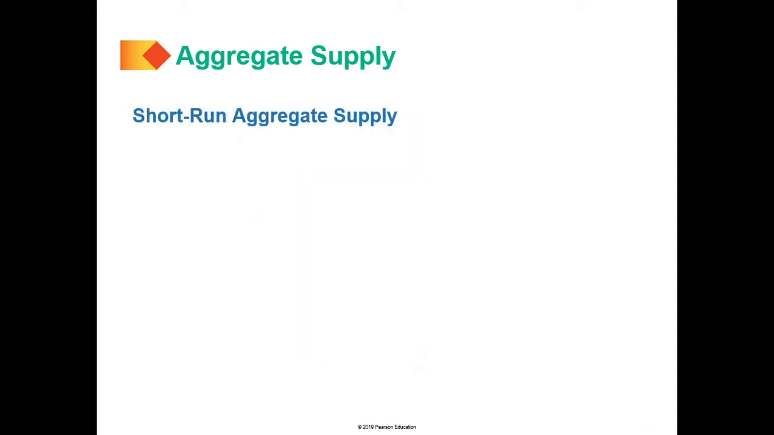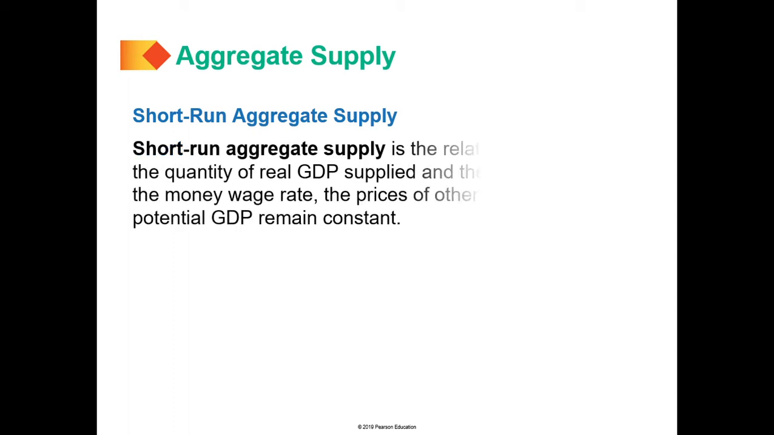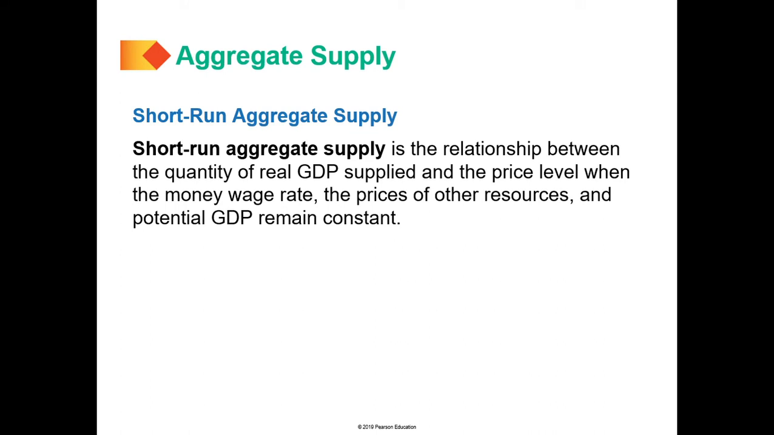Now we also have the aggregate supply in the short run, or the short run aggregate supply. We call that the SAS. It's going to be the relationship between the quantity of real GDP supplied and price level. We're going to hold some things constant: money wage rate, which is basically wages, and prices of other resources, and typically what we're referring to here is oil, because oil impacts everything that has to be transported. So if the price of oil goes up, then the price of eggs is going to go up, and the price of toilet paper is going to go up,